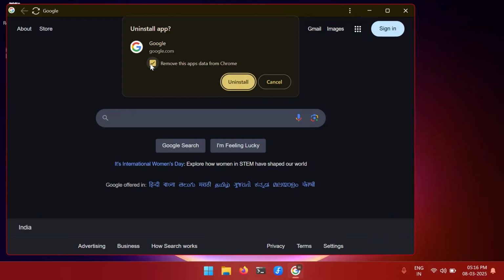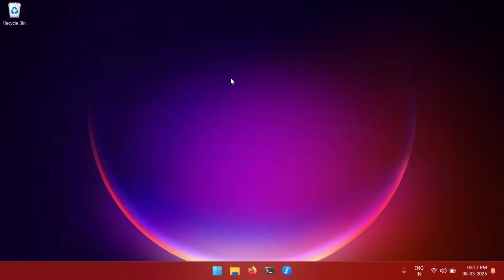For now, I don't want to delete the data associated with this application, so I will give it unticked. Now, in order to uninstall, just hit uninstall. The app has been